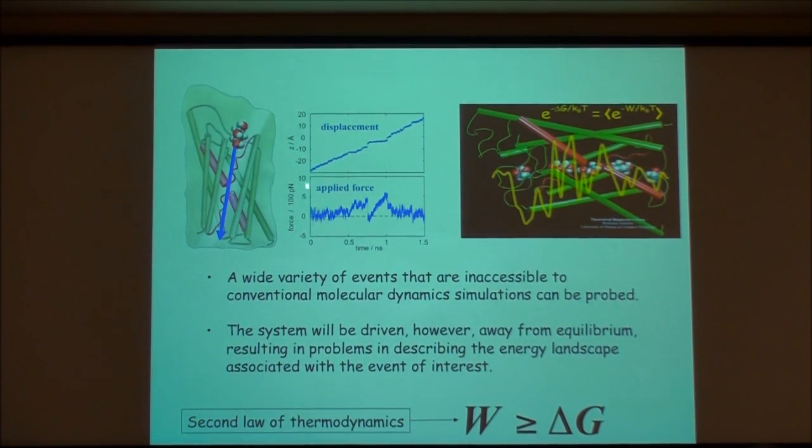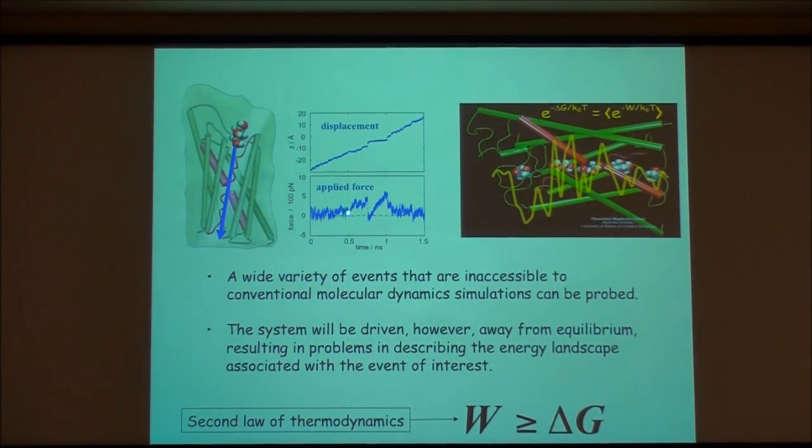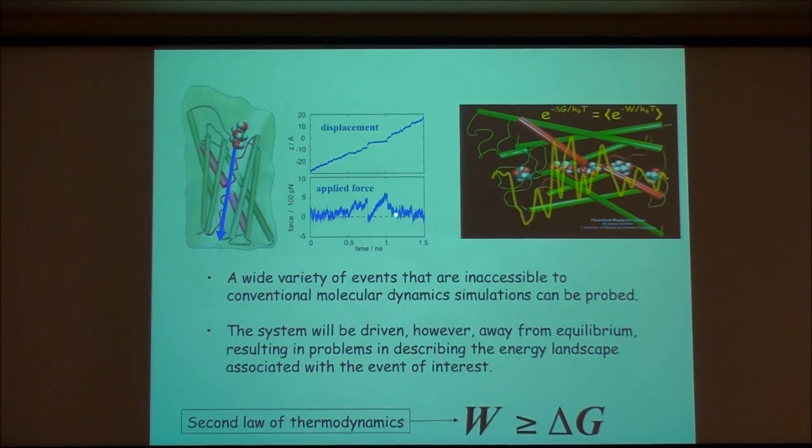So now, if you look at the displacement in time, this was a rather fast simulation, 1.5 nanosecond. A few years ago, we did that. That doesn't matter. But what I was telling you about the force profile is shown here. So you can see that here it's reaching one barrier region. There is another major barrier region that prevents the sugar from moving forward. So by just looking at the force profile, I get some idea, qualitative idea about the position of the barriers